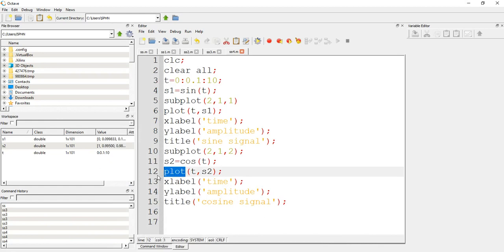So this is about the generation of sine signal and cos. These are very important and very easy topics, because in our next videos we may see the operations between the signals. There we use this sine and cos as much as we want. So this is about the generation of two different signals.